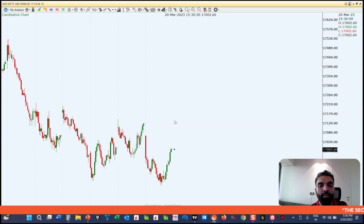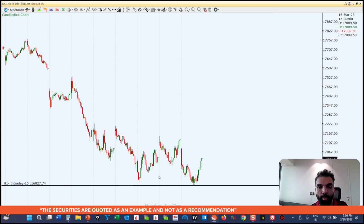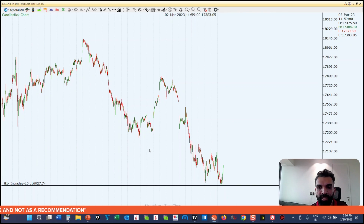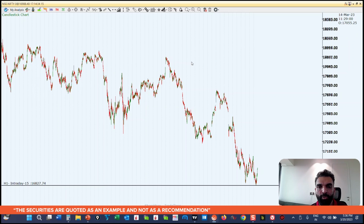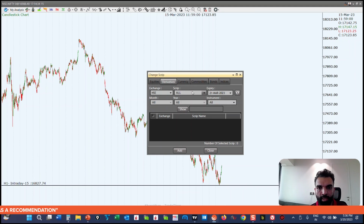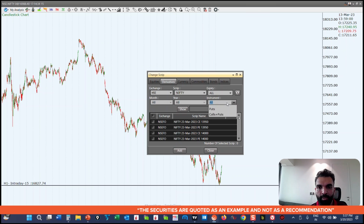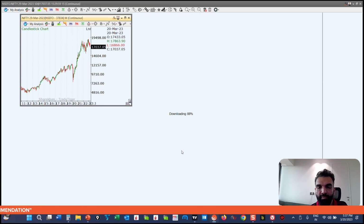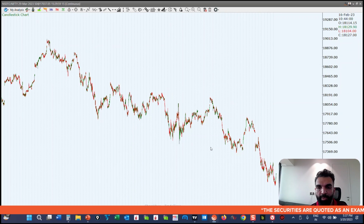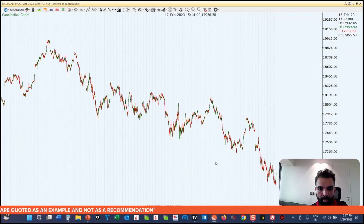Okay, and in case this low gets breached, then we are probably going to be seeing slightly more sell-off in the Nifty. Now there is one more level that I would like to point out to all of y'all, and that is on the Nifty futures chart. So just be mentally prepared that in case that level does hit tomorrow or whenever, then you just got to be a little careful, because that level could act as another trap to all the sellers, and you might possibly see the